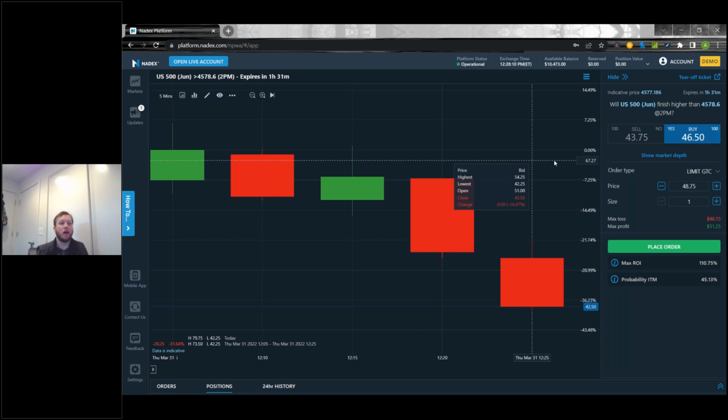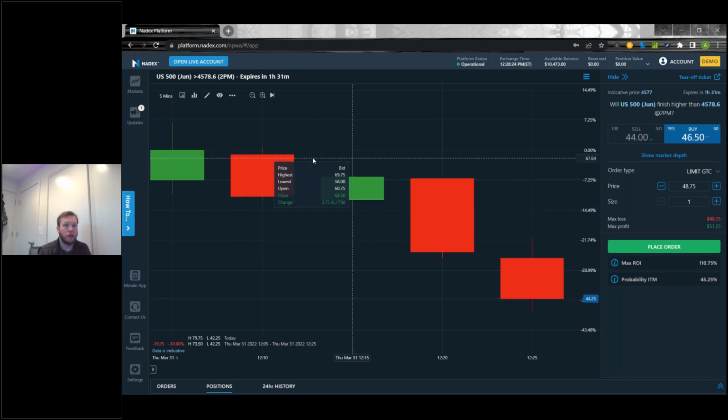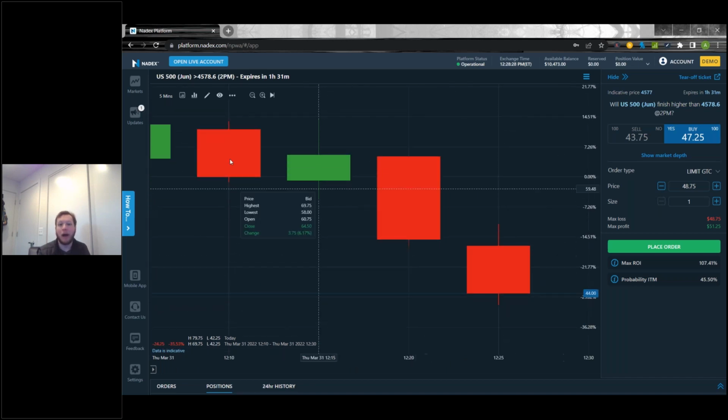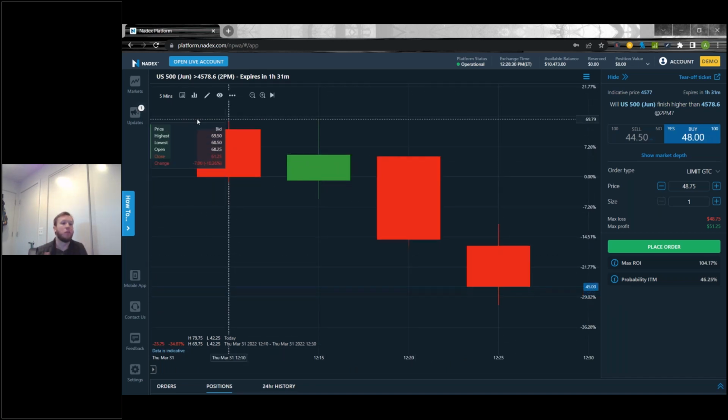So you can get a good idea of the history of what the actual bid was, what the actual ask was throughout the contract's life itself. And so I think this is quite useful. This is one of the times that I actually will change my chart up and say, okay, what was the sell side doing 10 minutes ago on this, right? How much has the sell side dropped, or how much has the buy side dropped? Basically, see what has happened in the history of this specific contract and this specific strike price, rather than the history of what's going on in the underlying